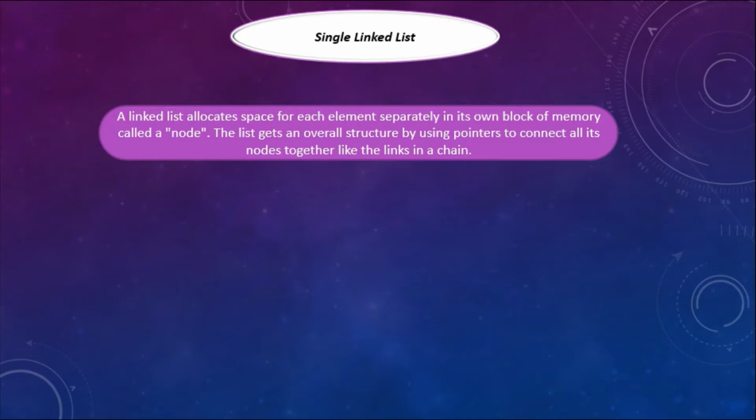Each node is allocated in the heap using the malloc function, so the node memory continues to exist until it is explicitly deallocated using the free function. The front of the list is a pointer to the start node. A single linked list looks like this,